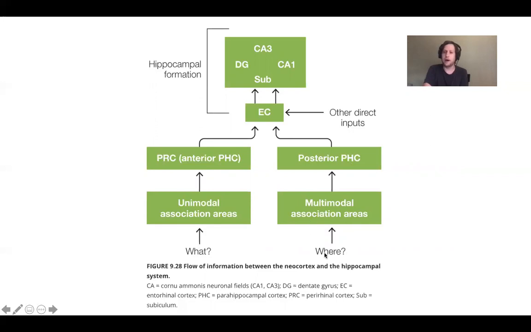There are other types of contexts that appear to be represented here. So spatial context is an important one, but other types of contexts are important here. An example, which I won't elaborate on too much, but for instance, you have a memory of a person, and part of the context would be the color of the room that you met that person at. Or part of the context might be what the person was wearing when you met them.